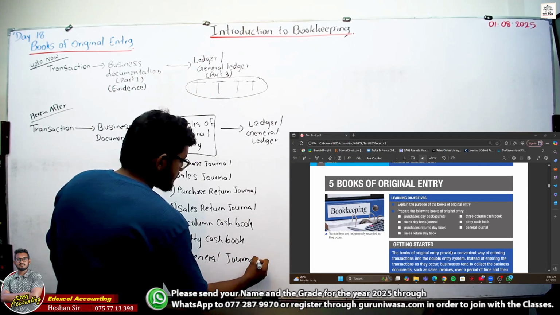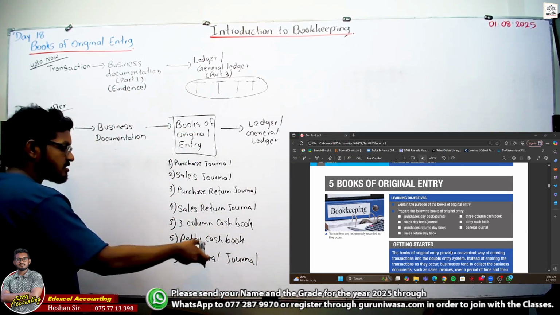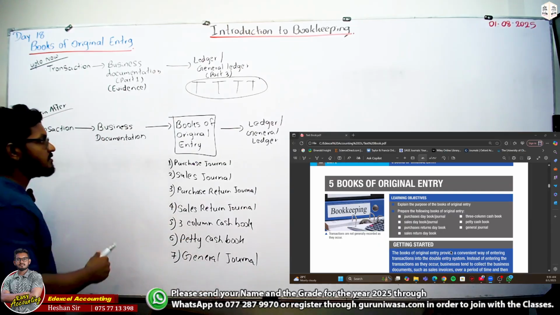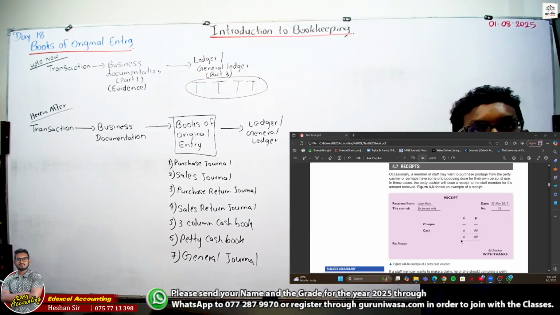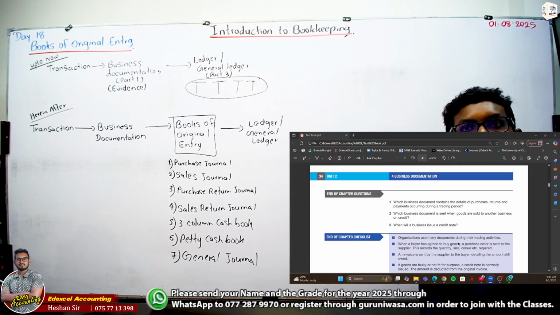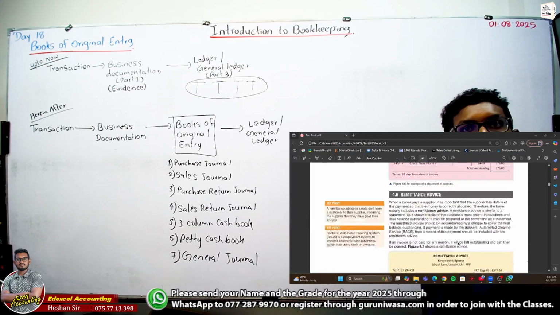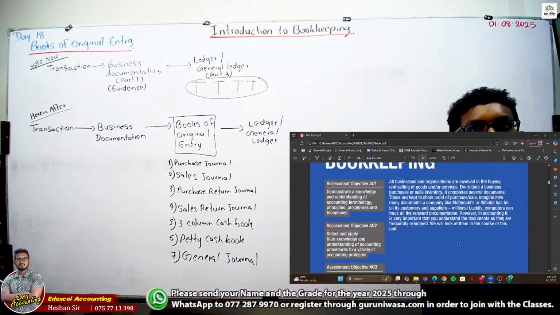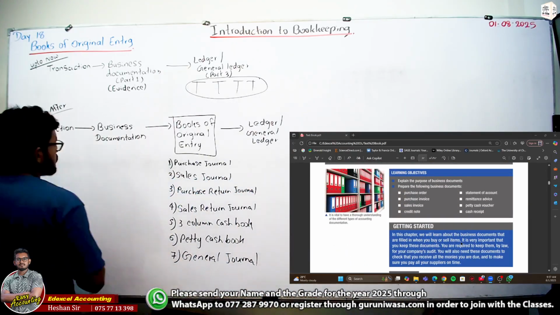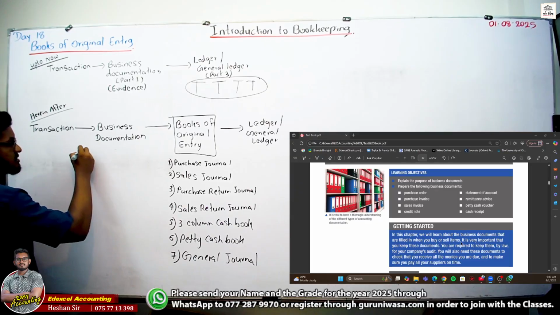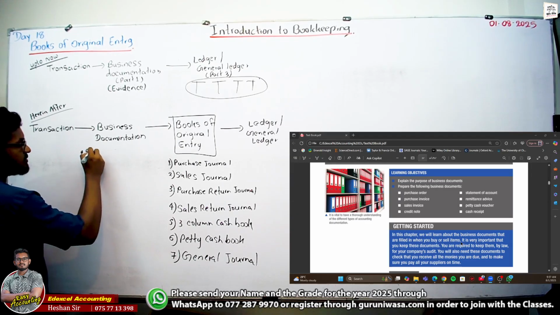But just remember, before recording transactions in the books, we need to have a clear idea about the books of original entry, right? So we discussed the books of original entry part, the different types of books of original entry. Hope you can remember. We discussed these other things related to the business: purchase